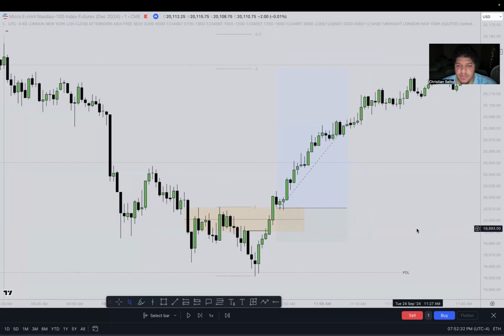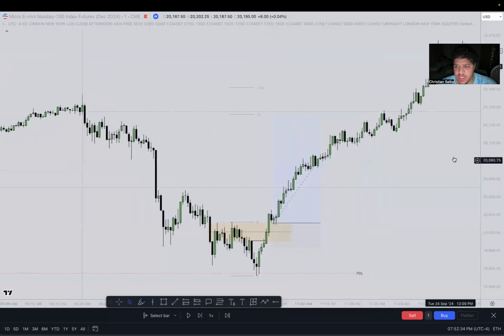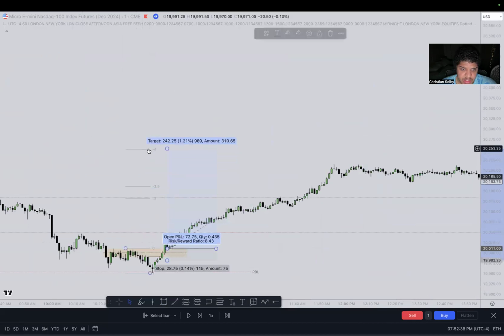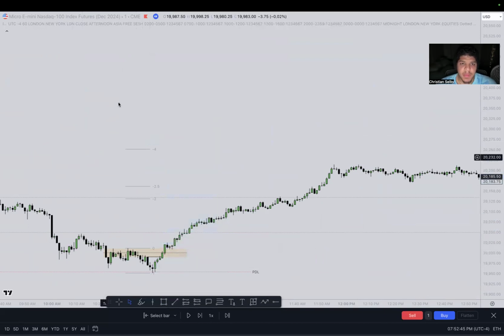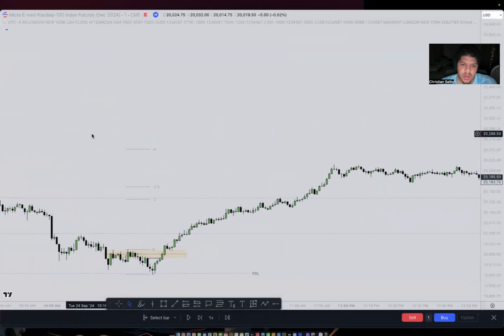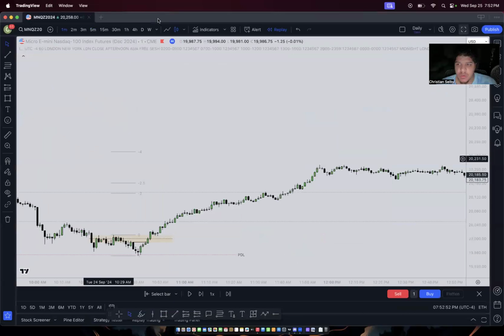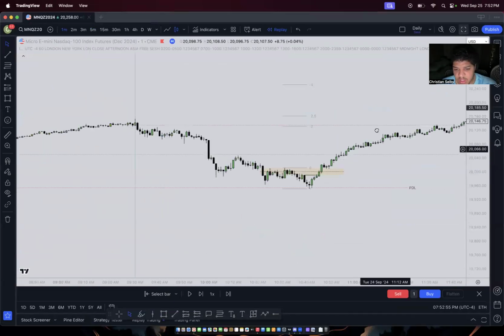And as you can see, the 4 standard deviations hasn't been tapped just yet, but I do expect into tomorrow probably to tap into that, which is an 8.4R. And that, my friends, is the trade idea. Whoa, I don't know what the hell just happened there. But that's a trade idea